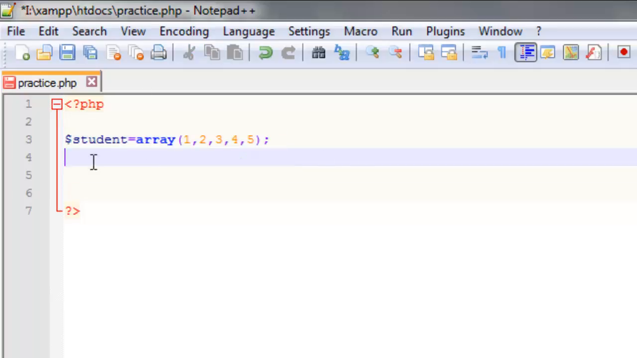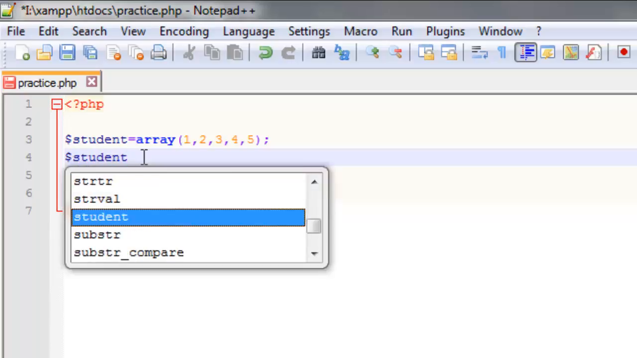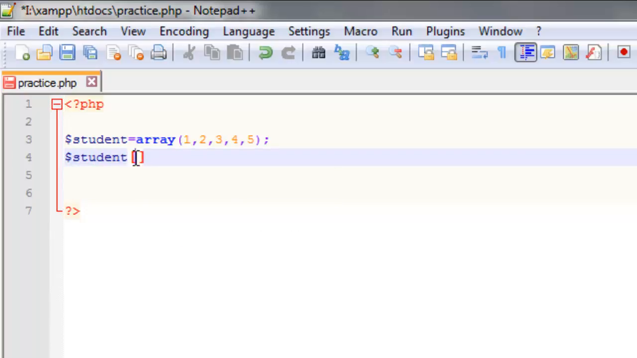Now how do you reference these values? So basically what we do is we write the name of the array, which is student, and we use the square brackets, and inside the square brackets we specify the number whatever we want. Now indexing of an array starts with 0. This thing here is called the index of the array, which is basically the number of the value which we are referring to. So this is 0, this is 1, this is 2, this is 3,